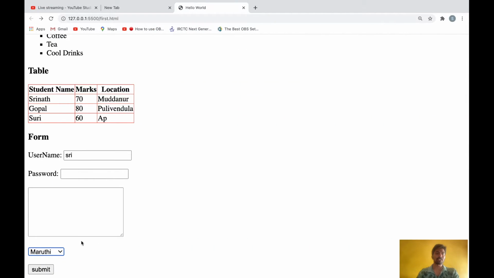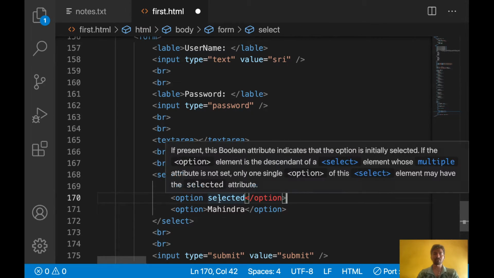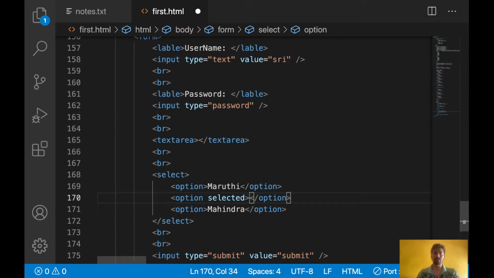One more case, I want to display this second option as selected by default. Then you can use one attribute, the selected attribute. Here you use the selected attribute.